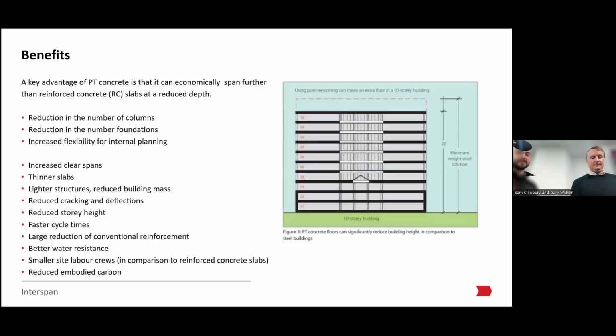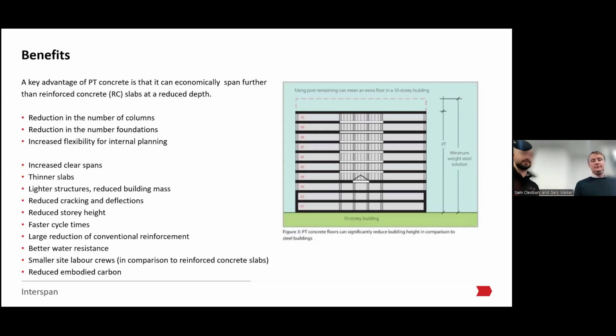Okay, so where do we use post-tensioning then? There's a number of places. The one that we're going to be focusing on tonight is predominantly buildings. We'll touch on other structures in a couple of slides, but the main focus will be on buildings. So post-tensioning can span further versus traditionally reinforced, essentially. So it's a more efficient way of spanning. We can therefore reduce the number of columns in a building. We can reduce the foundation because we've got a lighter structure. We can make it easier for internal planning, increase clear spans, thinner slabs, lighter structures, reduce cracking and deflections,